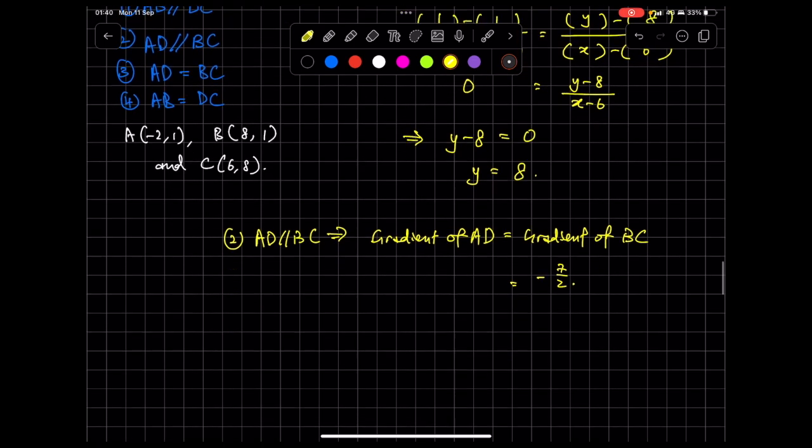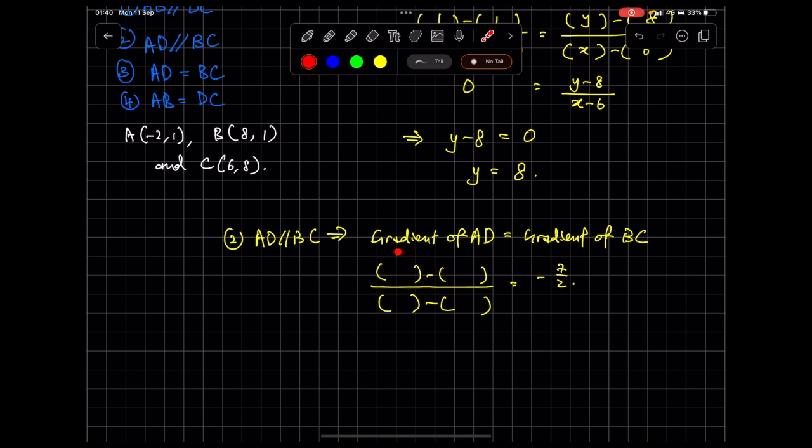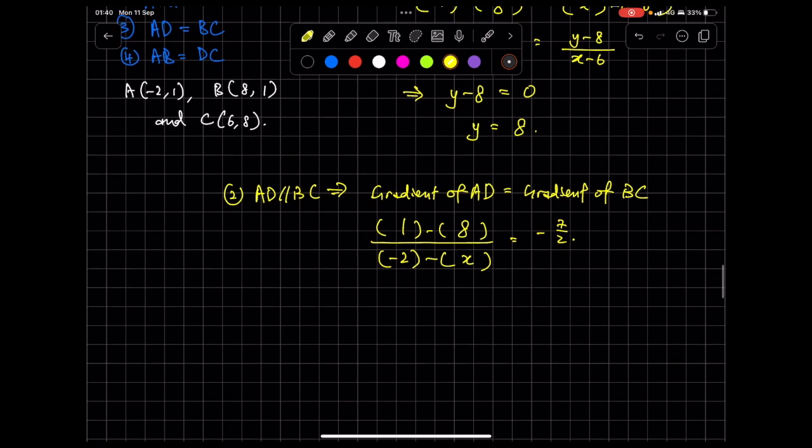Now we're going to do the next step. Gradient of AD, we're going to put a big fraction again, bracket minus bracket, bracket minus bracket. For A, I'm going to sub in 1 and -2. For D, instead of y and x, I'm going to sub in 8 and x, because I just found what y is, so I might as well use it. Now I just need to clean this up. I need to evaluate, maybe the top is -7, the bottom is -2 minus x, equals